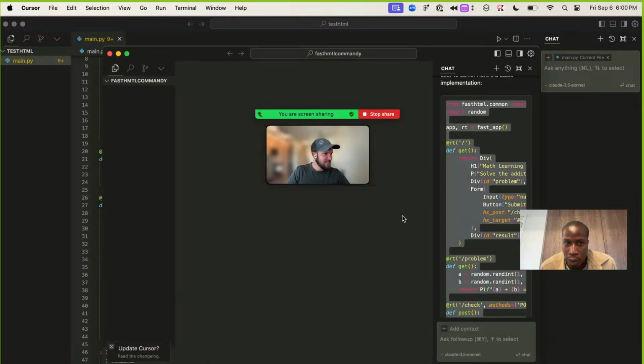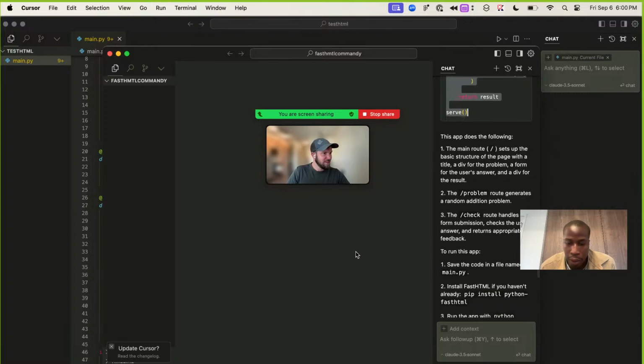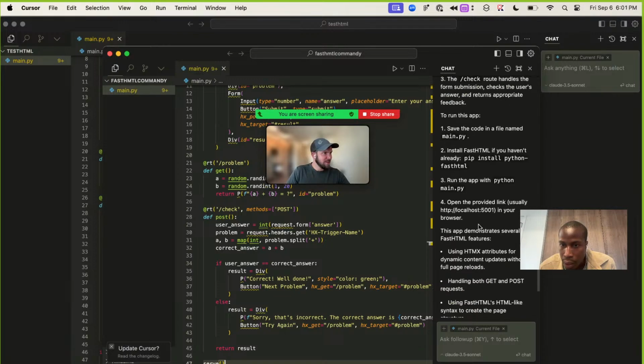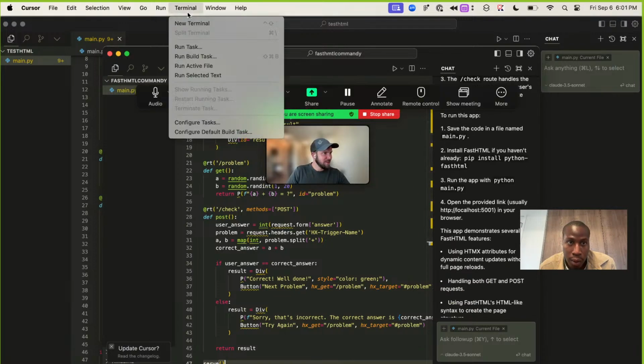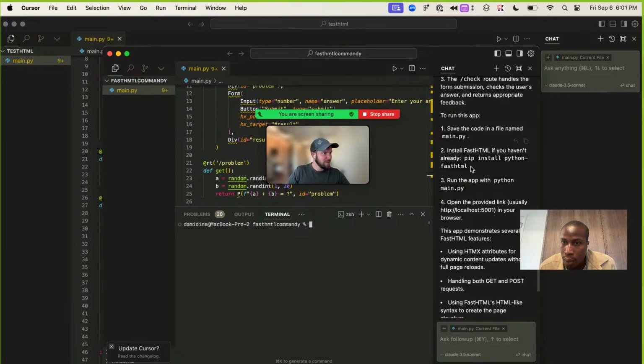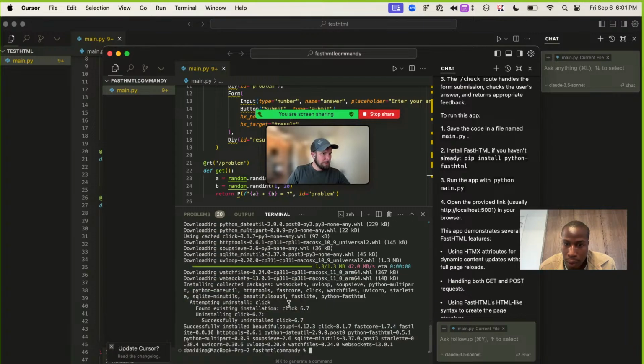So it looks like in here it wants me to create a new file. It doesn't tell. Okay, this file is going to be called main.py. And then in here, it wants me to install these dependencies, which I don't think pip was going to work right away. Let's see. Oh, it does work. Okay, cool. So that is installed, and then I just need to run the app.